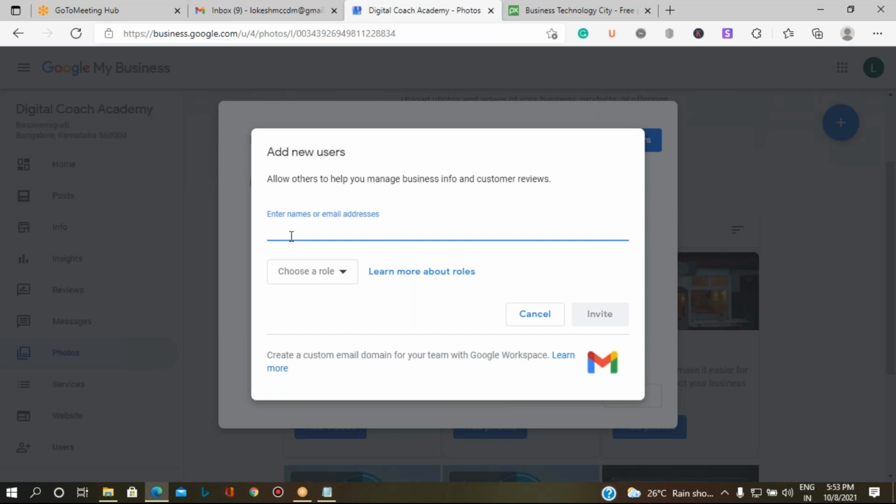No, no. See, here you are not giving your mail ID. You are adding the other person's email ID to whom you are giving the access. Once they accept your invitation, they can use this page as many times as they want. There is no limitation that they can log in only 10 times or 20 times. They will log in to this page with their own email ID and its password, not with our email ID and its password. Until and unless you remove that person, that person will have access.